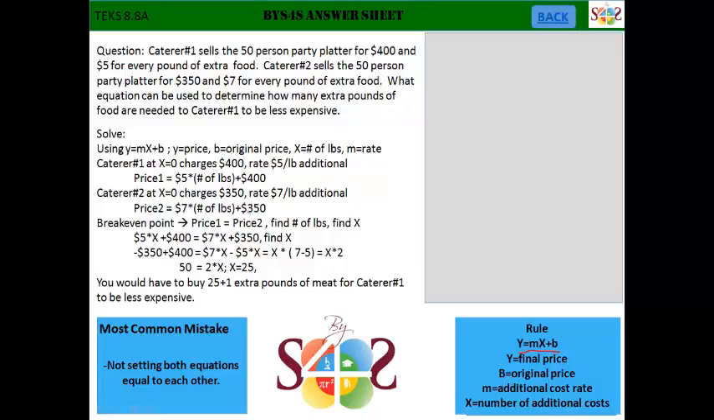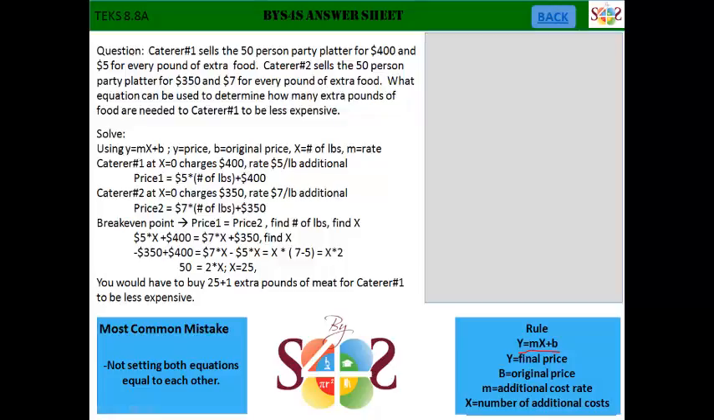TEKS 8.8a. Caterer number 1 sells a 50-person party platter for $400 and $5 for every pound of extra food. Caterer number 2 sells a 50-person platter for $350 and $7 for every pound of extra food. What equation can be used to determine how many pounds of extra food are needed for caterer number 1 to